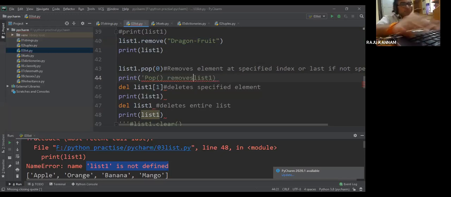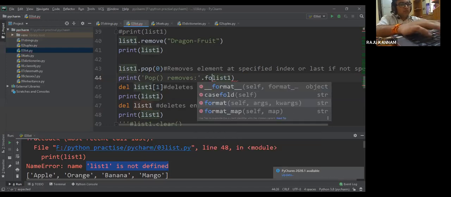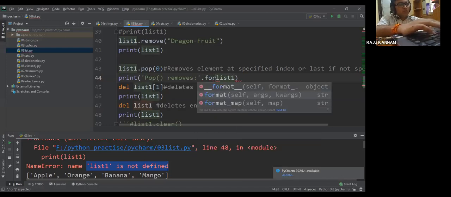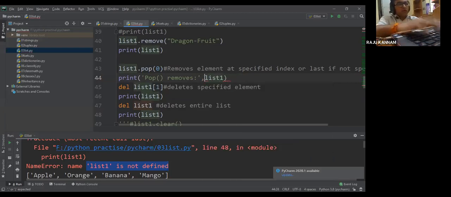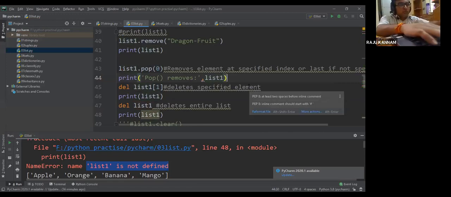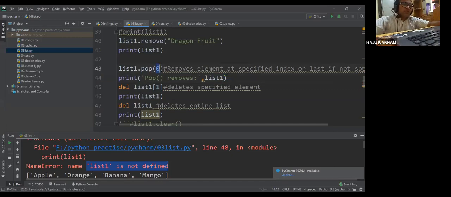Okay, so here what I will do is pop removes, then string format, comma list one will be okay. So now here at the 0th index, whatever the item is there, that item will be removed.